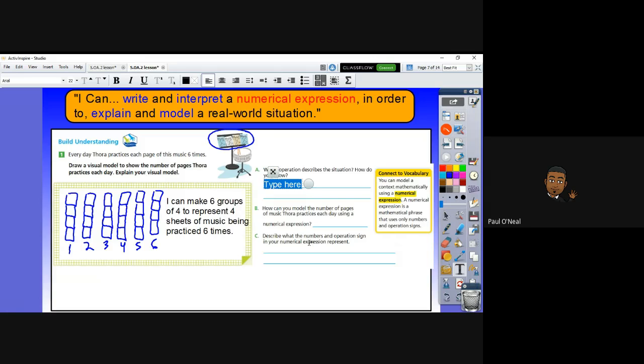Well, instead of counting each one or skip counting, I can say, well, I know multiplying would probably be better. Why? Because there are 6 groups of 4, and that's representing 4 sheets of music that she is practicing 6 times each day. So I can then say the operation, and I'm sorry if you happen to see the screen blinking. If it is, hopefully it's not. The operation is multiplication